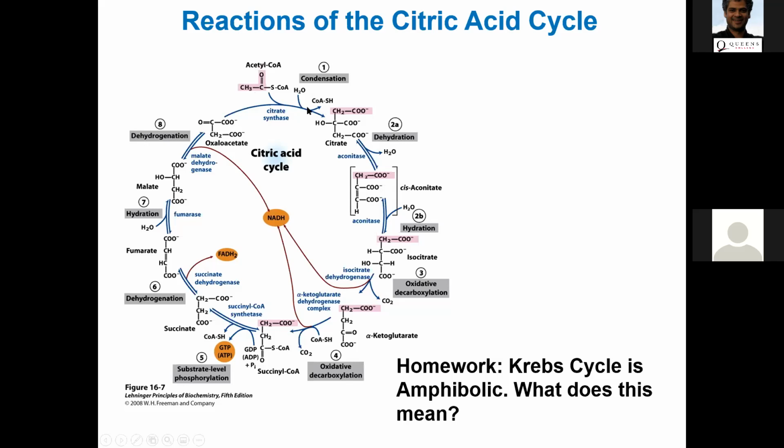In any case, the cycle starts with oxaloacetate and activated acetate combining in the active site of citrate synthase to produce citrate. And then aconitase will catalyze the conversion of citrate to isocitrate, a tertiary alcohol to a secondary alcohol. And then isocitrate dehydrogenase will decarboxylate isocitrate to generate alpha-ketoglutarate. This is an irreversible reaction, the third reaction.